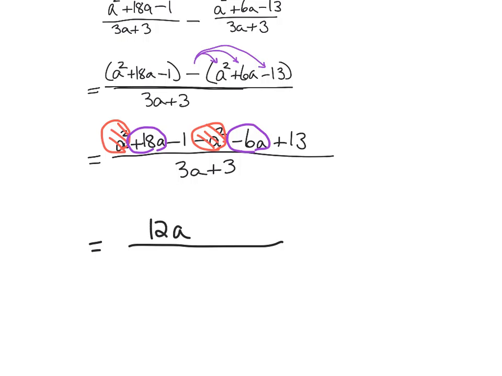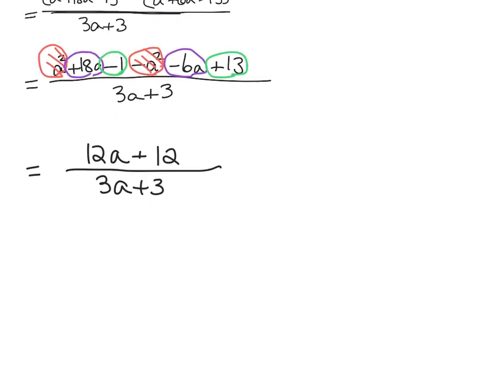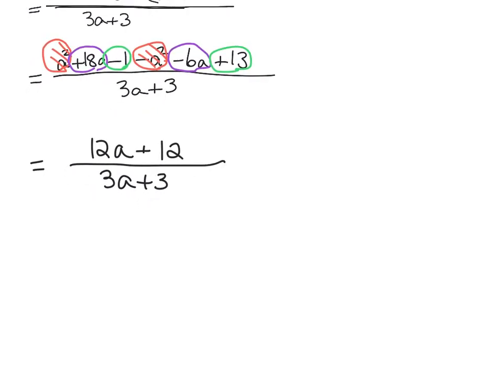And then we've got, let's do it in green, minus 1 plus 13. So that equals plus 12, all over 3a plus 3. All right, so now that's the answer, but we can simplify. We can see that the numerator has a common factor of 12, so that ends up being 12 times a plus 1 over